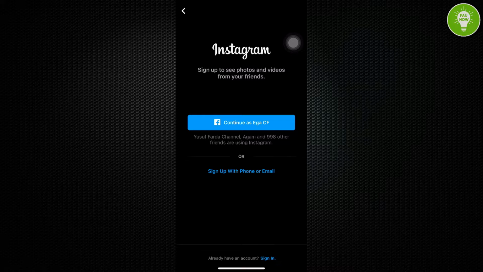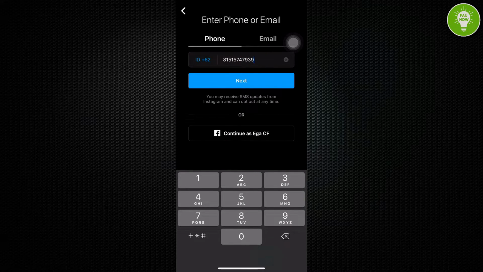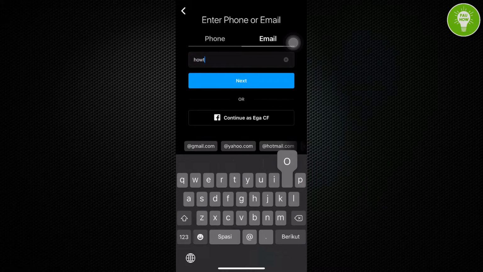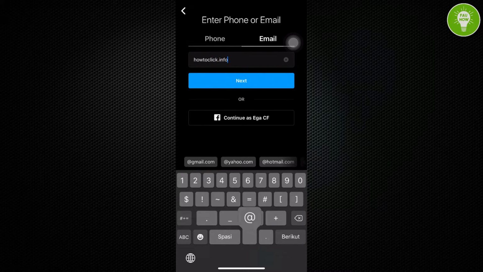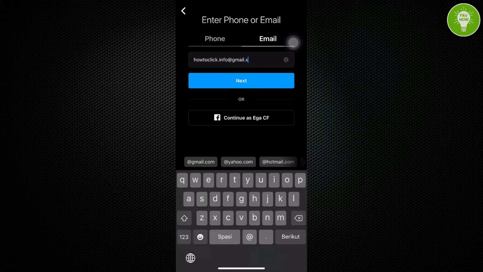And if you want to create Instagram account by using your phone or email, so just tap sign up with phone or email. You can choose to enter your phone or email. Here I want to enter my email. After entering your email, you can just tap next, and after that, Instagram will send a confirmation code to your